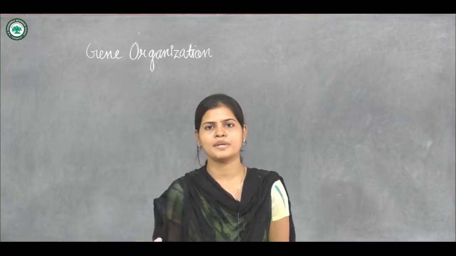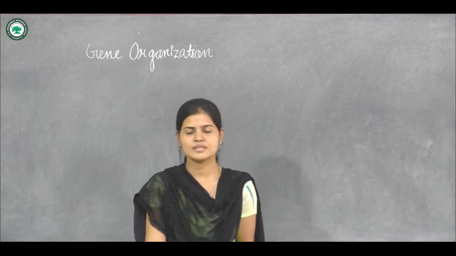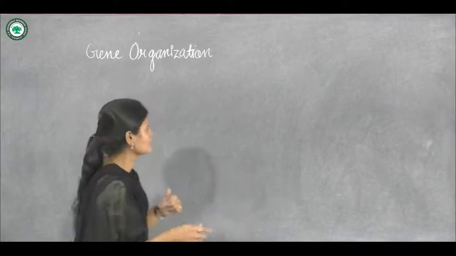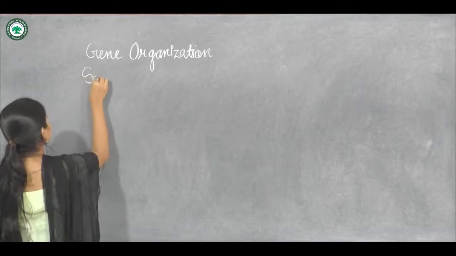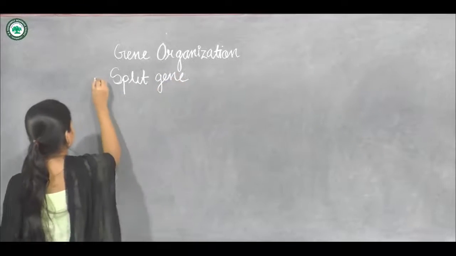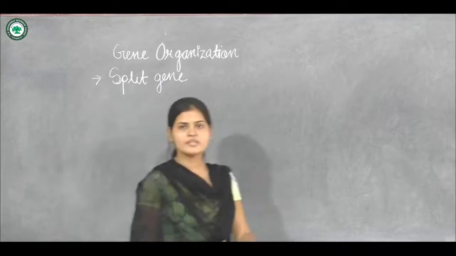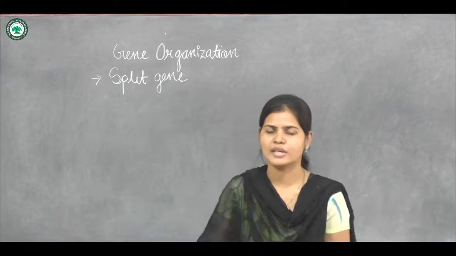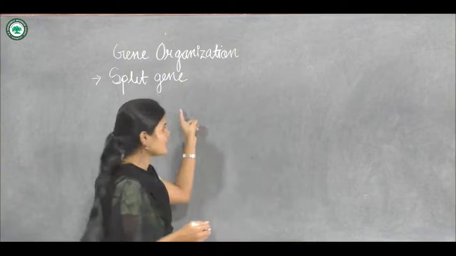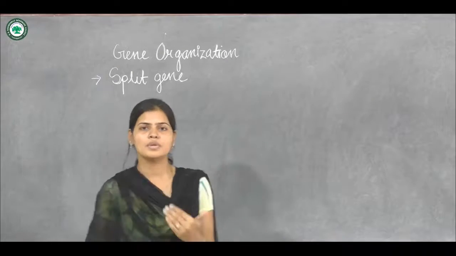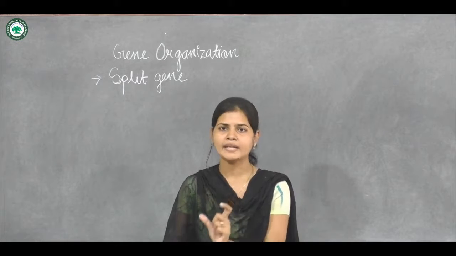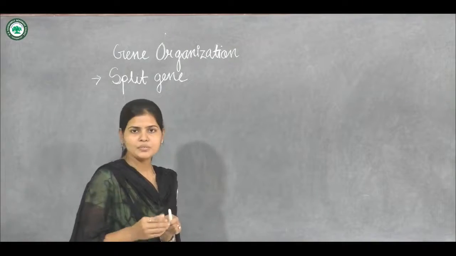A part of this topic was left that we are going to discuss in this lecture. So first, let us start with the split genes. Split genes can also be called interrupted genes. Means what? In the sequence of a gene, there are segments, like the presence of exons and introns. So interrupted means,